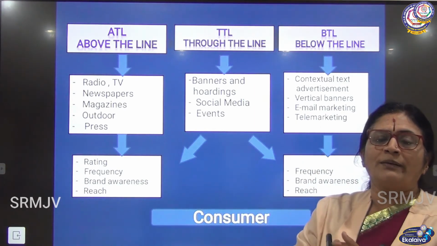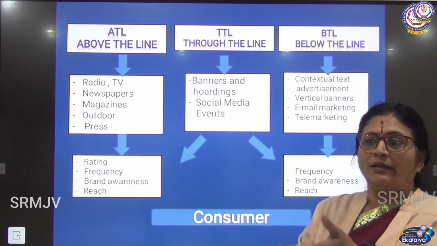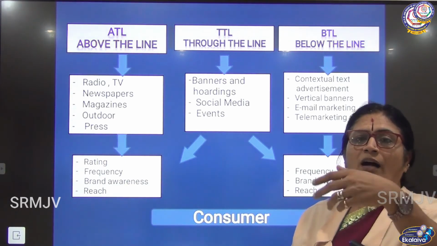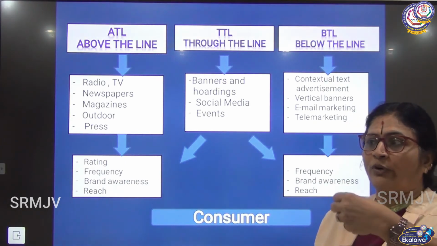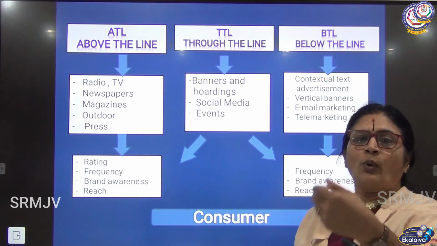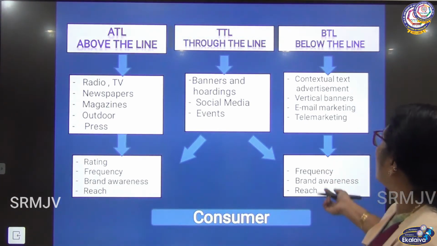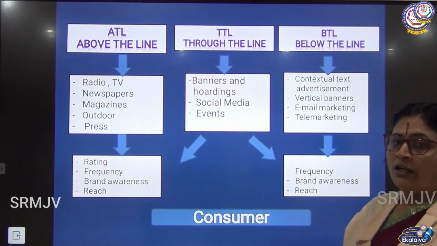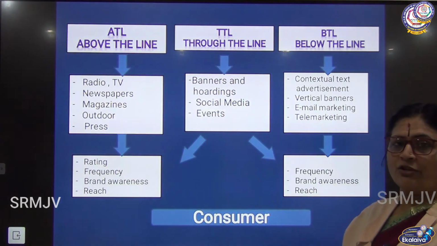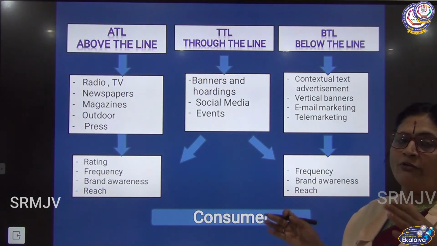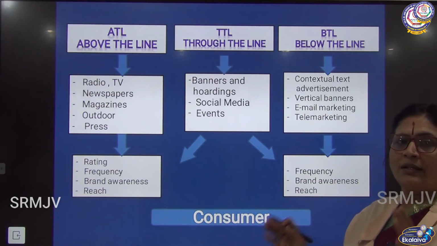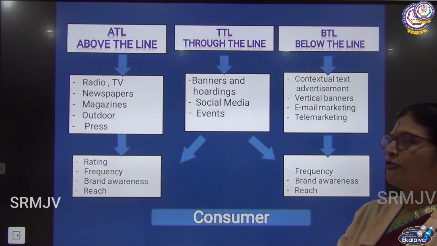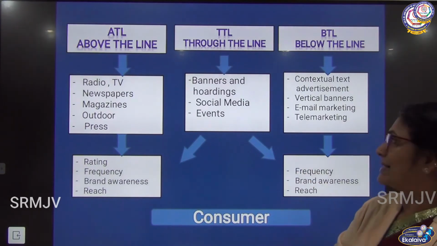You drop the coupon with your name, and if your name is selected, you will get that as an offer. You will get a car free or a two-wheeler free. If you buy this many jewels, you will get 1 gram free and all that. Fine. Then telemarketing, over the phone. They may speak to you, madam, this offer is going on. From January 1st to January 20th, if you buy for 4,000 rupees, you will get some utensils or vessels or some free offers. So it's happening directly.